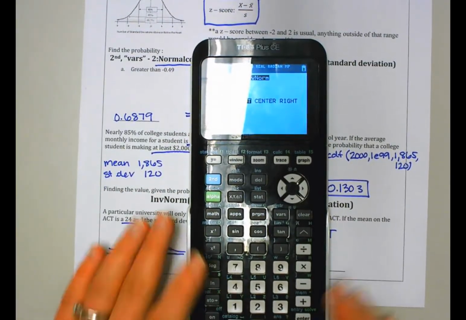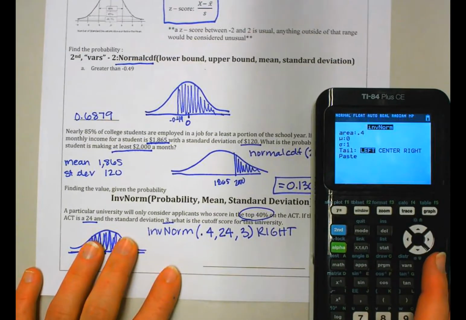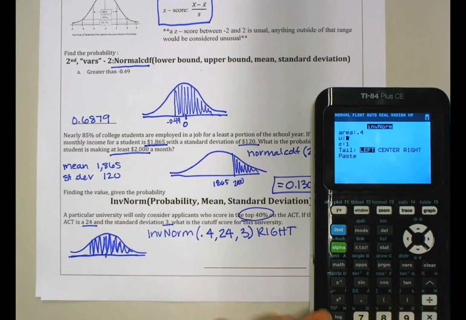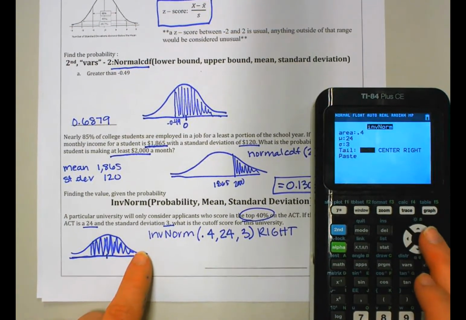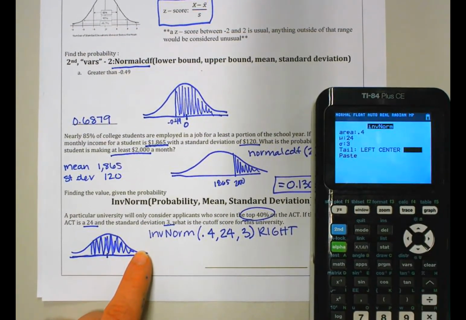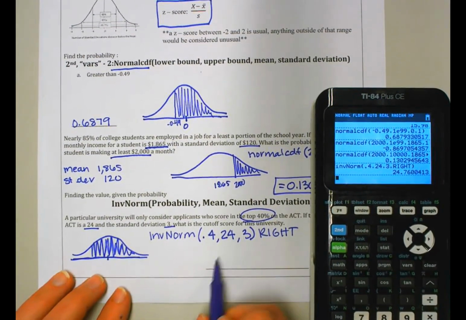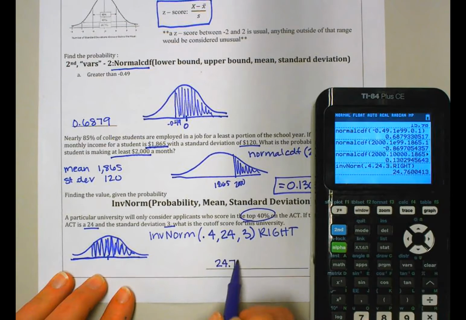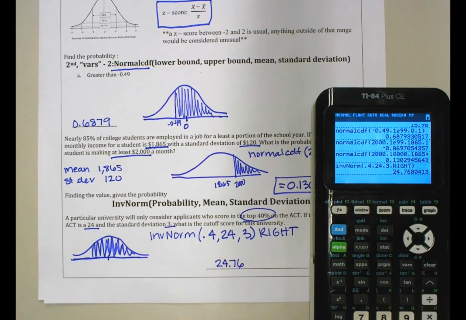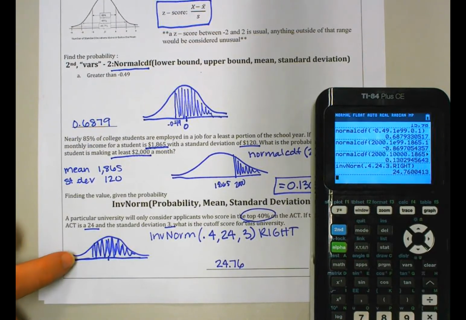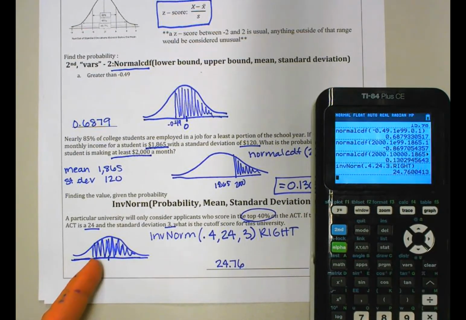my area was 0.4. My mean is 24, and my standard deviation is 3. And then I'm using the right end of this graph. So then that tells me that my cutoff score is 24.76. If my calculator does not let me decipher what side of the graph I'm using, you just have to know, right, if I'm doing 0.4 and over,